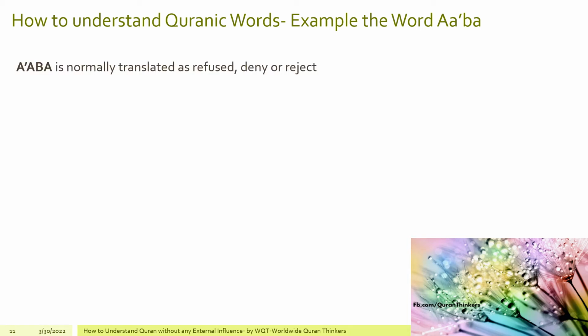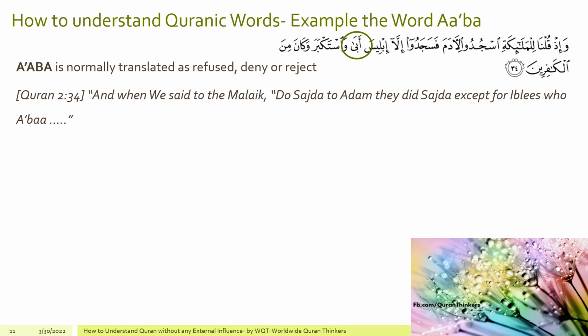So through the same process, if we look at it, the word Aba is normally translated as refused, deny or reject. So for instance, in this ayah, when we said to the Malaik, do sajda to Adam, they did sajda except for Iblis, who Aba. But if we take the word as refused in this ayah, this would be a clear contradiction of another Quranic ayah. Now remember the basic rule and reminder, there cannot be any contradiction between any of the Quranic ayah